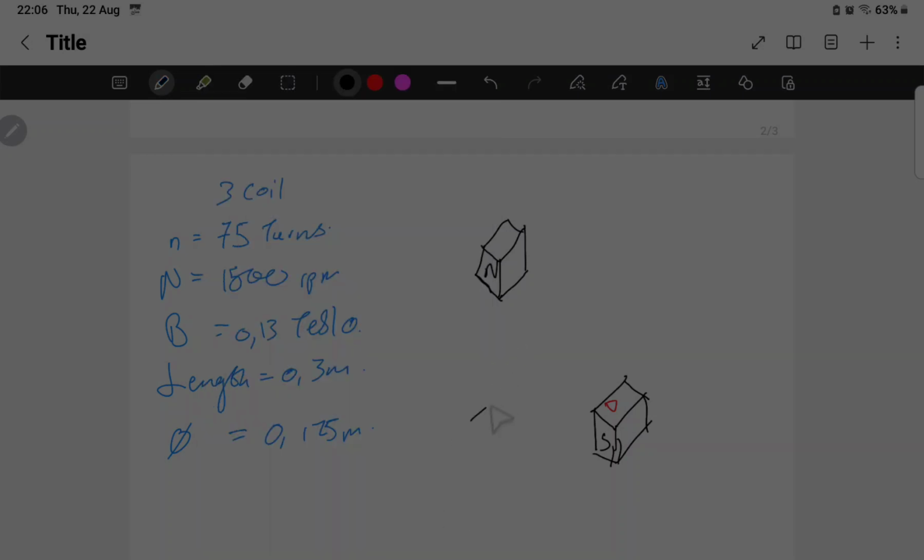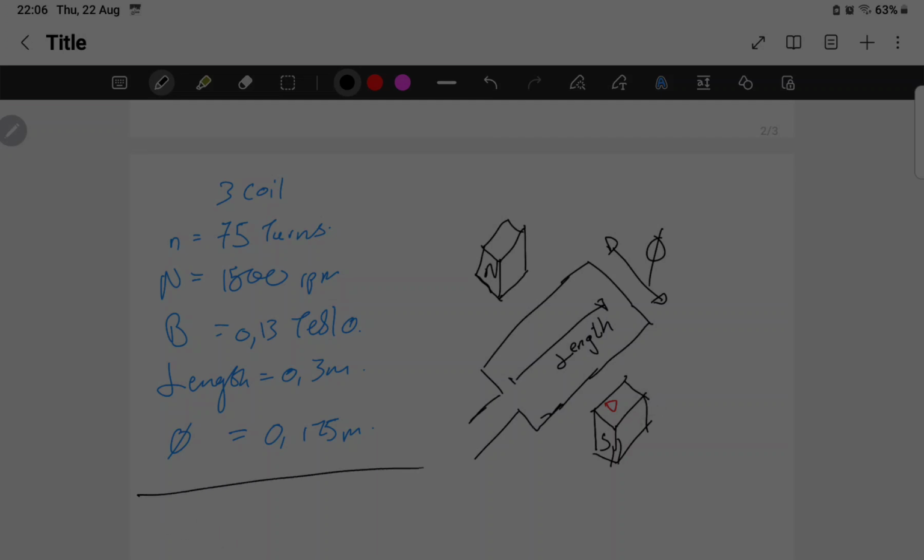So we have our copper winding. You can also draw this diagram if you like, for better understanding. Over here is our length, and over here is our diameter, right? So the first question is